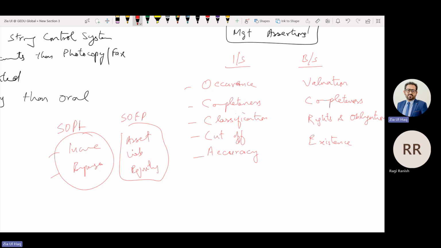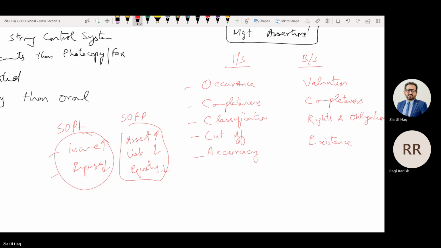What does completeness mean? All the figures have been completely recorded. There is no missing or understatement, especially expenses. While preparing financial statements, what management try to do? They will overstate income and assets, and they always try to understate expenses, liabilities, and equities.